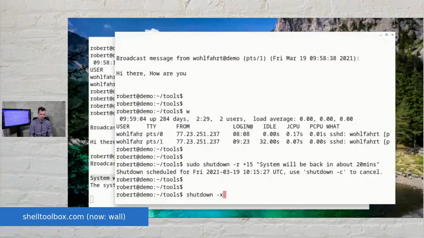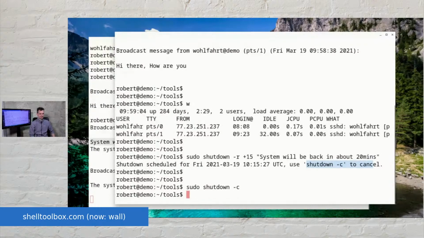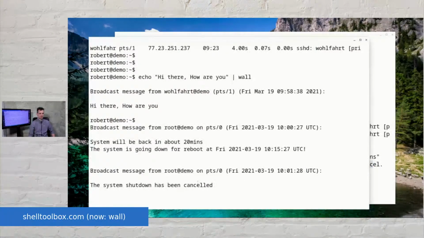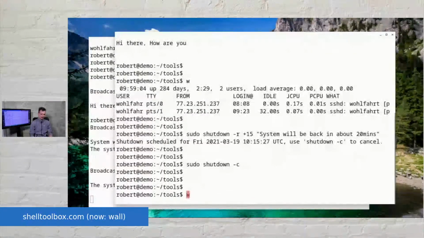Okay, so let's cancel the shutdown. Shutdown -c can be used for canceling the shutdown. You'll see it here. I don't really want to reboot the system in 15 minutes, I want to cancel the shutdown now. And every user on the system gets the information that the shutdown has been cancelled. So this is the way the wall command can be used to simply print out some messages